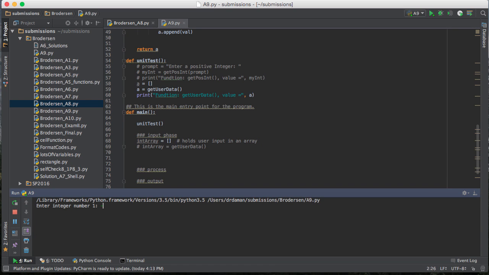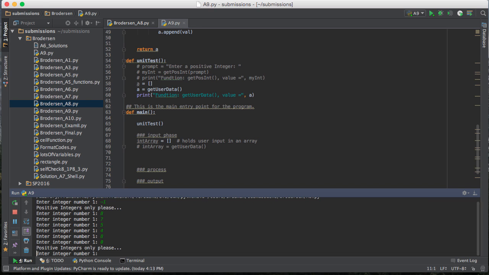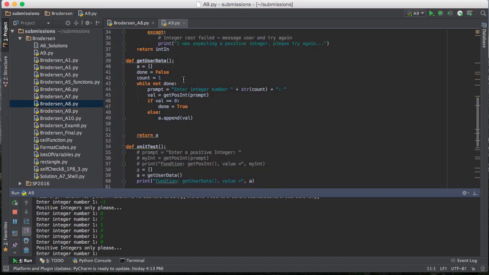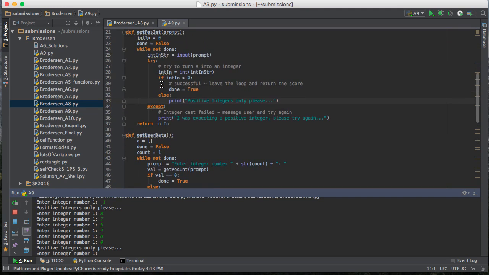And I'll just say -1. Positive integers only, please. So I'll just go 8, 7. And that's looking pretty good. Then I hit enter, or 0, and hit enter. And it comes back and it says positive integers only, please. I have a problem, don't I? So it doesn't look like I did a very good job unit testing my